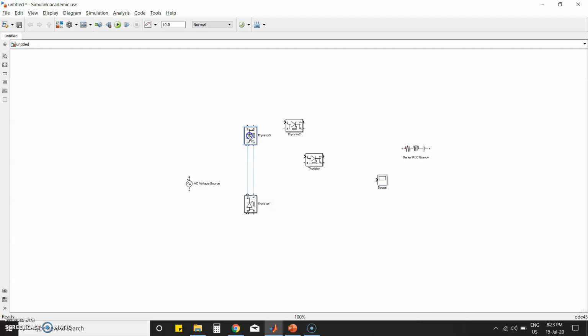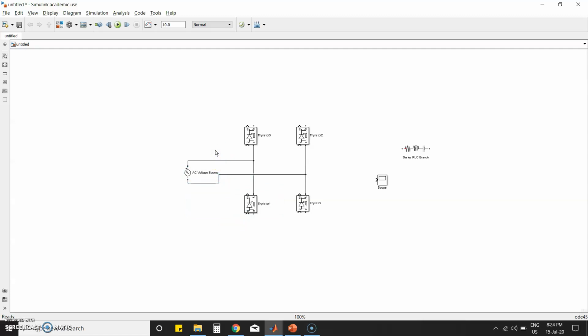So 1, 2, here's the third one, and here's the fourth one. We have the AC voltage source, anode to cathode here, and anode to cathode here. The AC voltage is connected to this point here, and to this point. So this is the arrangement.